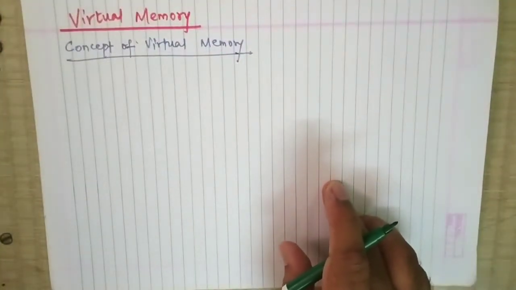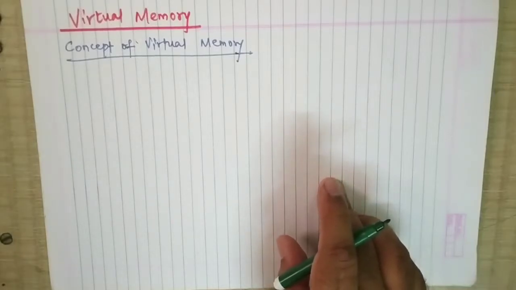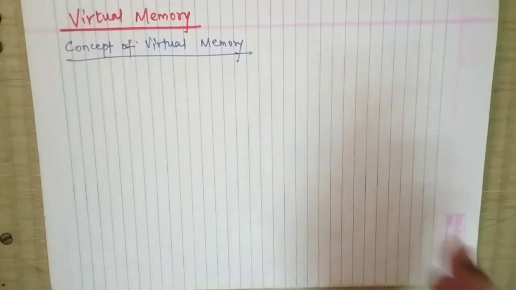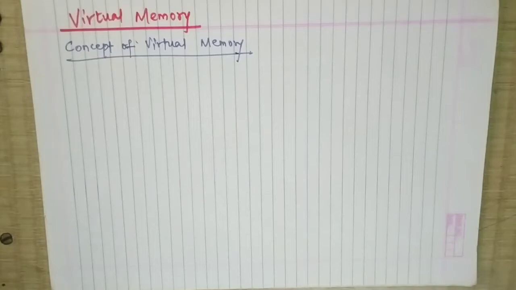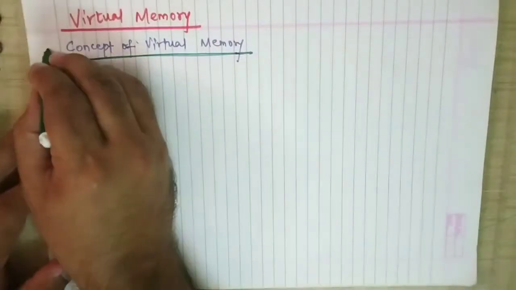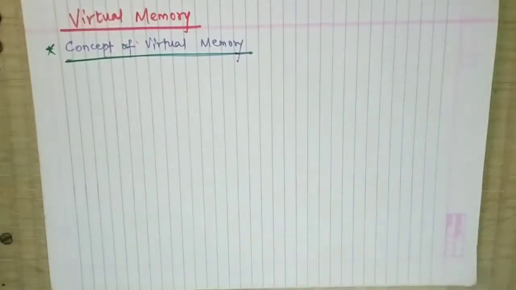Here we are starting with the next chapter, that is virtual memory. As we have already seen in the introduction video, we have stated the different topics we are going to cover in this series. Starting with the first video, that is the concept of virtual memory. Here we will see how it works, and then the advantages and disadvantages of virtual memory. As we know, processes in a system share the CPU and main memory